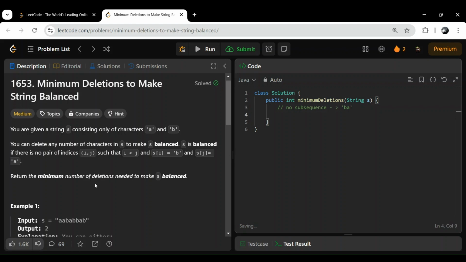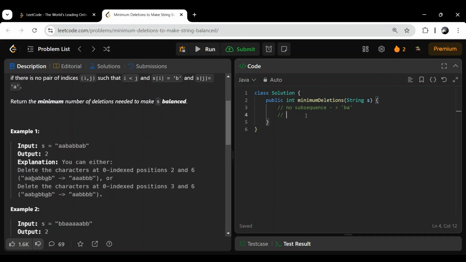We have to return the minimum number of deletions needed to make S balanced. So we have to make S balanced by deleting some characters, and that number of characters should be minimum, and we have to return that. Okay, let's say the first example is